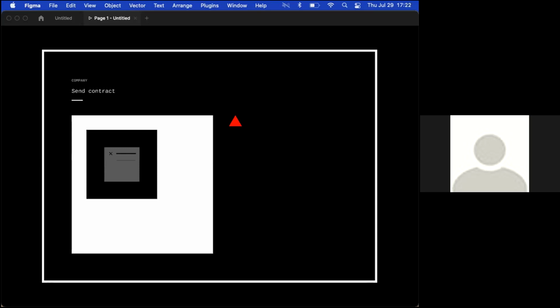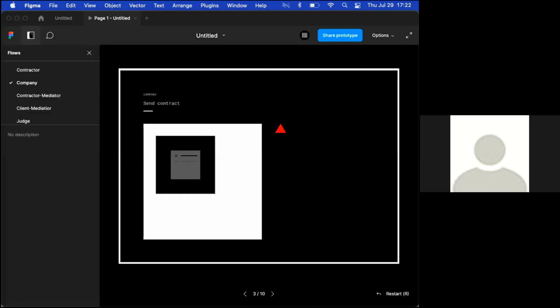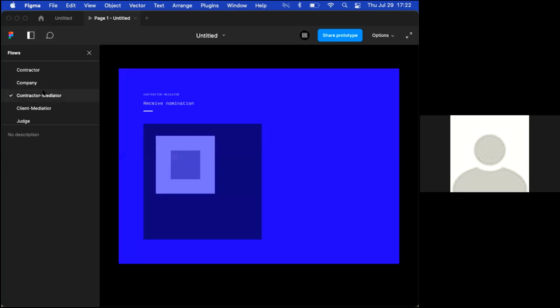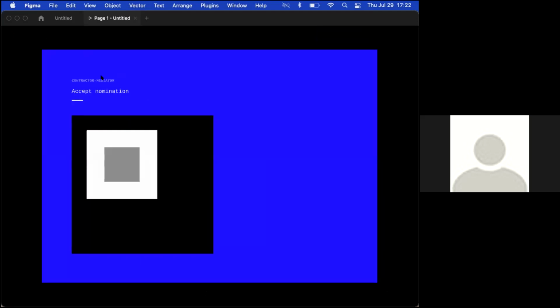And then the next step here would be, if you're the contractor mediator, you receive the nomination, you accept that nomination. You then, as the mediator, say, well, in the event that myself and my counterparty mediator can't arrive at a conclusion, then we're going to nominate a judge.